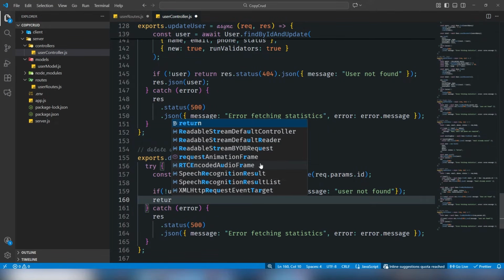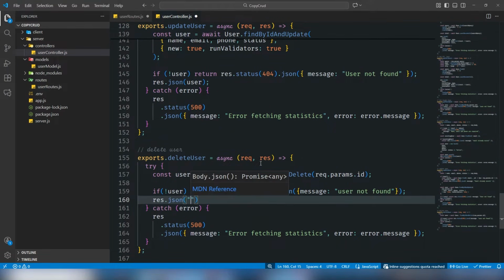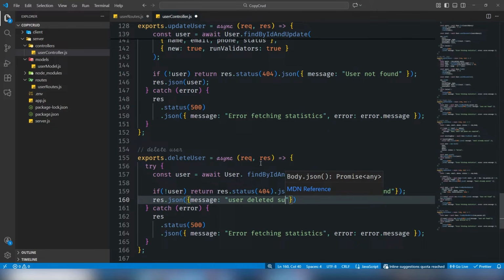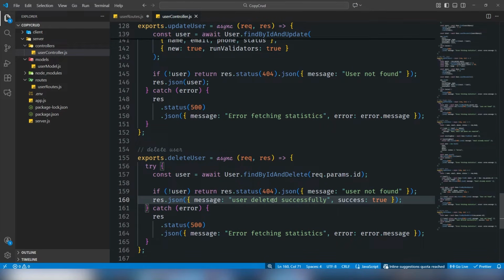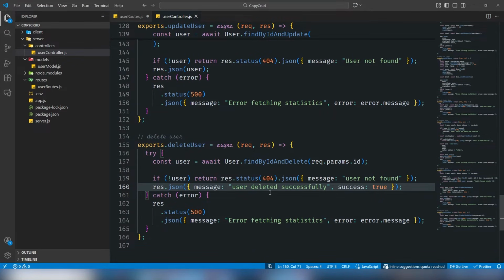Otherwise I would say response.json and just give a message, user deleted successfully, and also I will assign the key success should be true. Alright, and finally